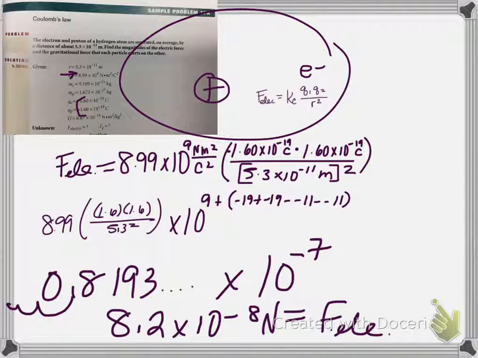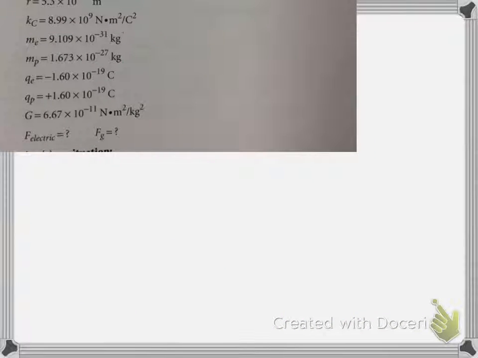Let's do the gravitational force, because that's what they're asking us to do: to compare the electrical attractive force and the gravitational attractive force. All right, so with gravity, which we haven't talked about, the force of gravity here is more than your simple old mass gravity, because we're talking about the gravitational attractive force between the two objects. So force of gravity is equal to the gravitational constant, which is 6.67 times 10 to the negative 11th Newton meter squared per kilogram squared,